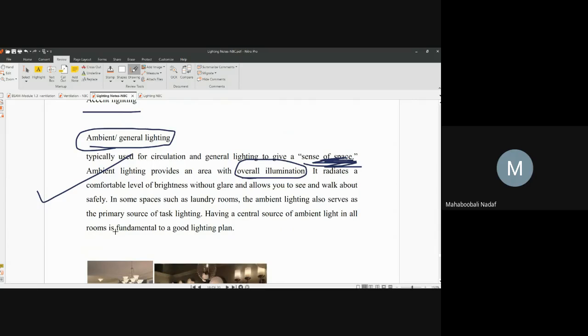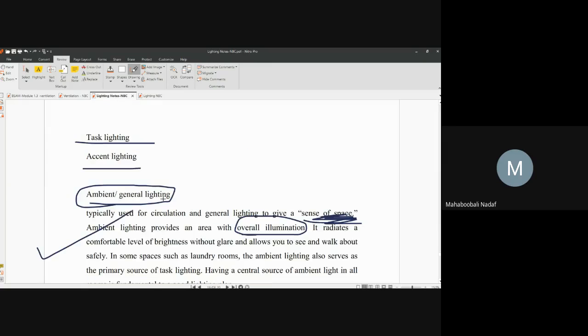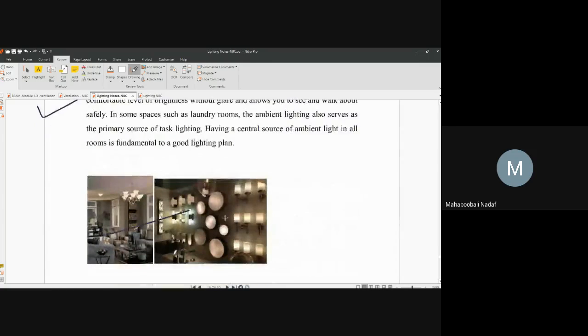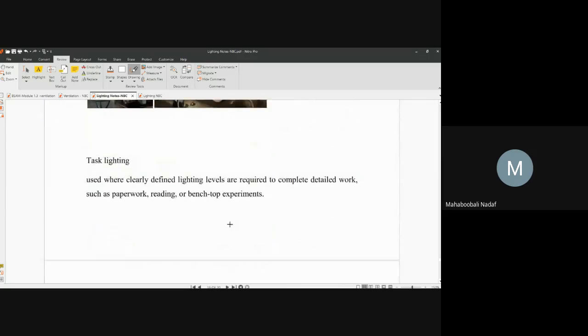These are not the design principles. It's just a basic concept of different types of lighting. In the exam, for broad classification, you should write natural lighting, that is daylighting, and second, artificial lighting. Those two are important, but this is another type of classification just for understanding. This is an example of ambient or general lighting.